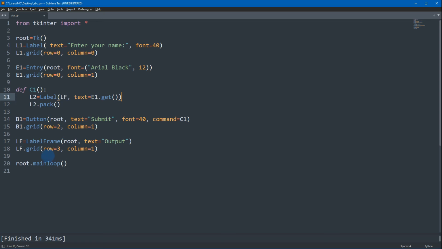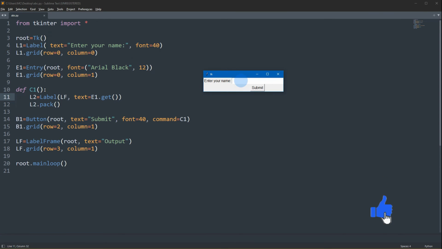Okay, so we cannot merge grid and pack. So if you want to use pack with grid, you're going to use a label frame or another container for that one. Okay, just like this. Now let's try to run the program. Okay, so let's try first ITS, click submit. Observe, we have the output ITS. Then if we're going to add something, let's say info text skills, then click submit.